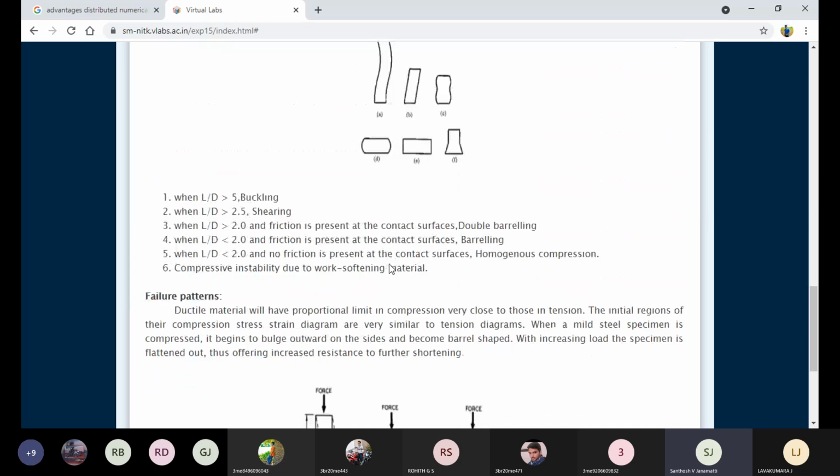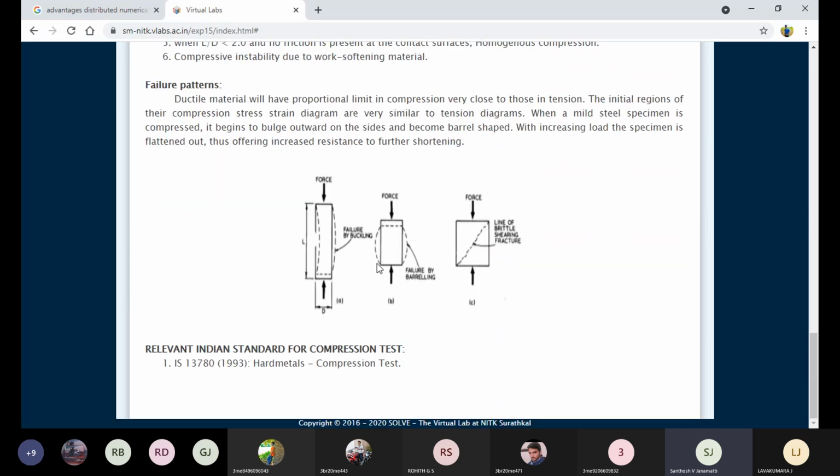Now I'm coming to the different forms of failure that take place whenever we subject these engineering materials to compression load. How does the fracture take place? There are different patterns of fracture in the materials. As we can see in image A, focus on the dimensions. By varying the dimensions of the samples, we can expect different failure patterns with the different variation in the sizes of the samples.